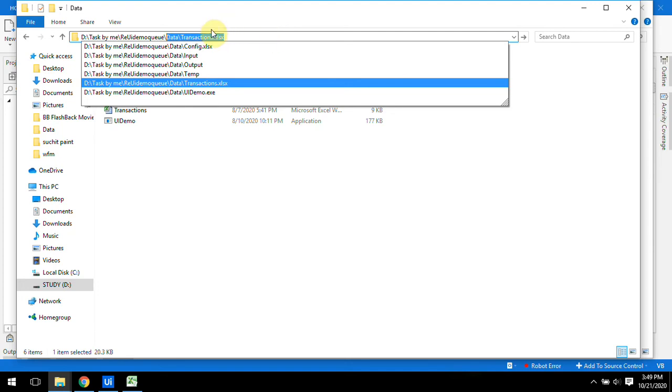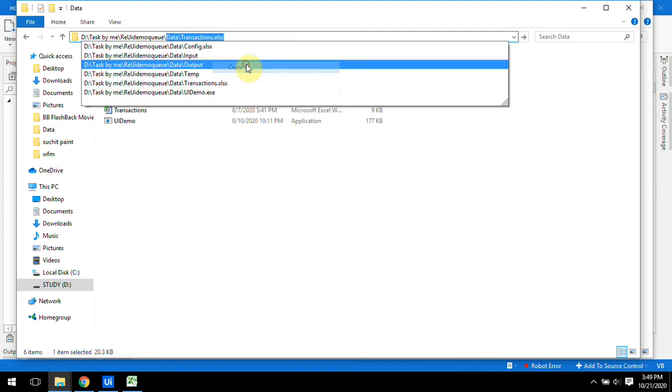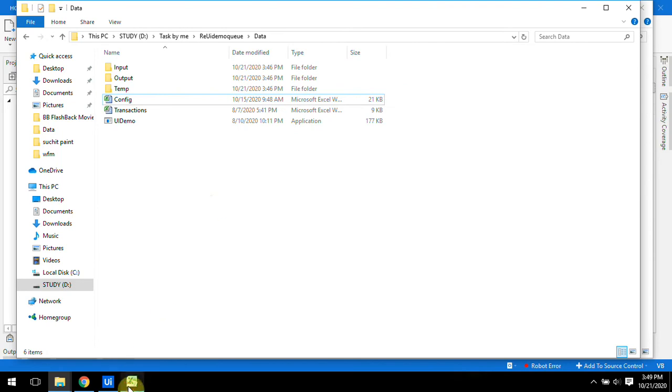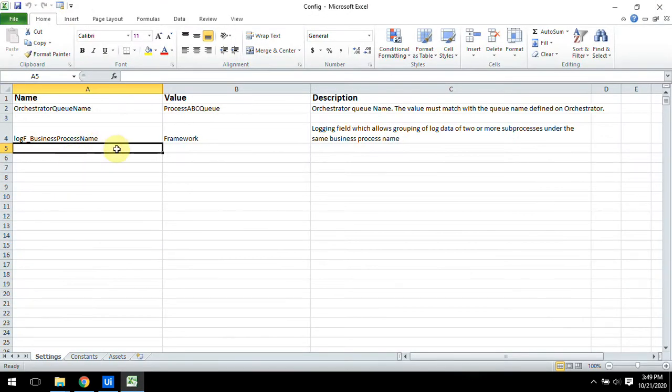That is sufficient. If it is in another folder, then we need to give the full path, but since it is in the data folder, no need. And any name you can give.